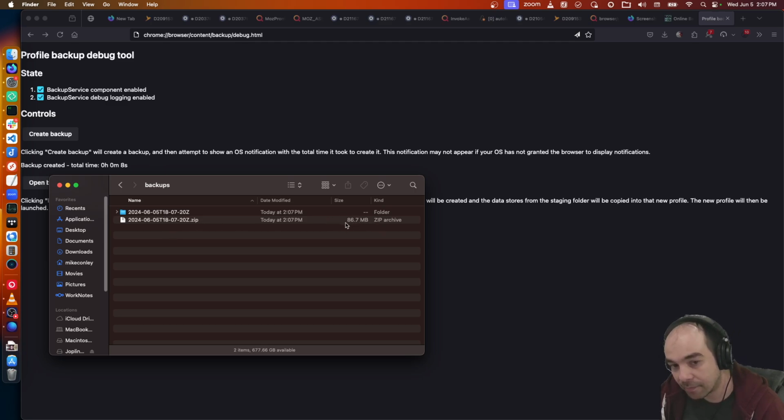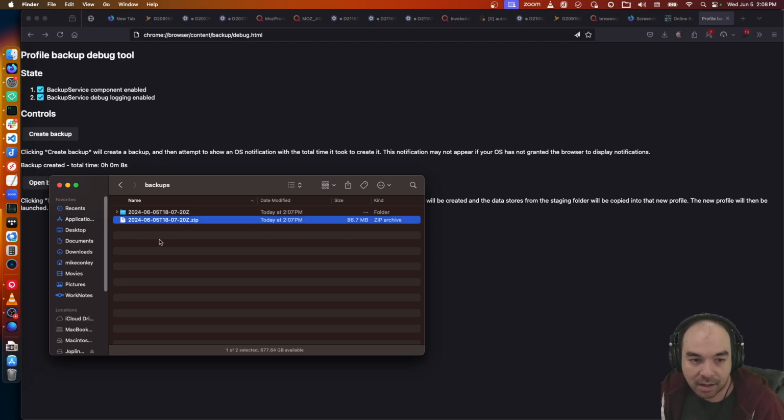And from our telemetry, we've been landing some telemetry to get a sense of how big people's profile directories are and how much disk space they've got. Because when we create these backups, we don't want to fill people's hard drives. My developer profile, I've been using it for a long time, and this is probably fairly typical. Tens or the low hundreds of megabytes, and then after compression, about tens or low hundreds of megabytes.